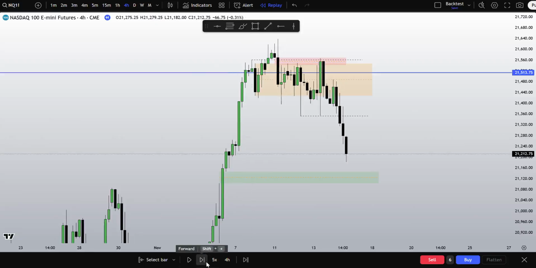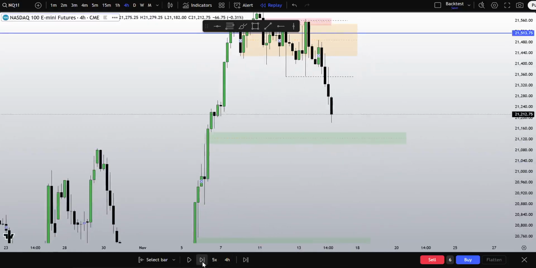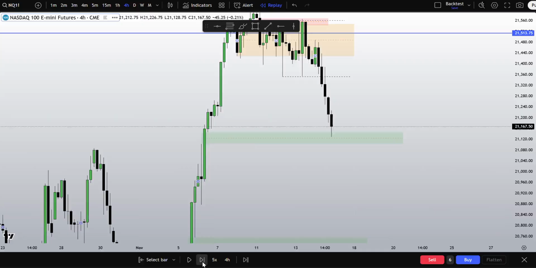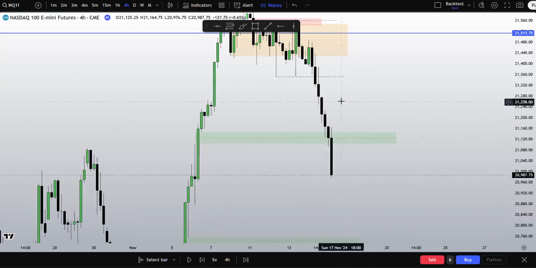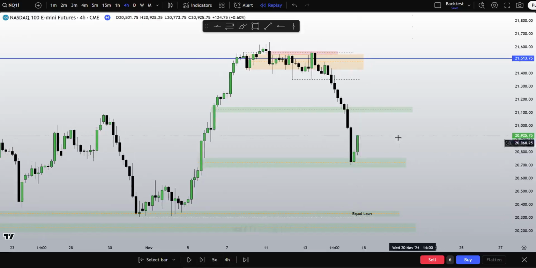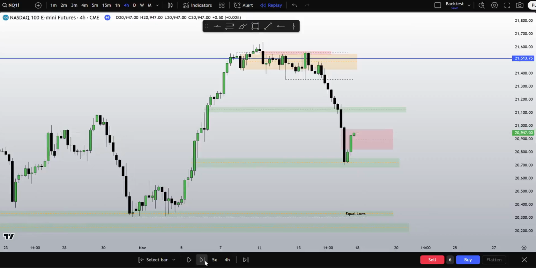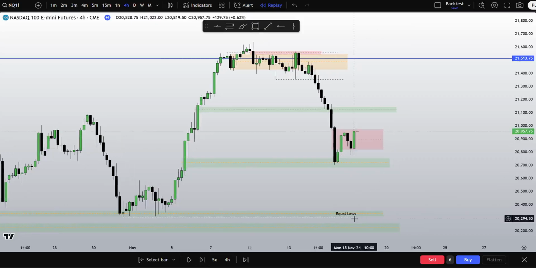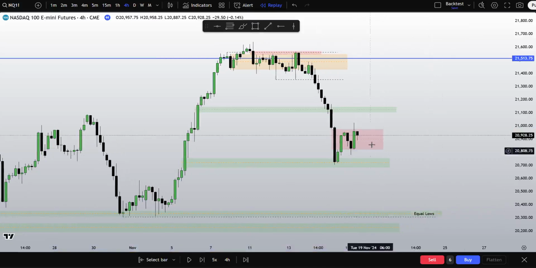Digging lower. Disrespected. So draw 1 tapped, draw 2 is right here. Imbalance. Tapped into. I want to see how we react at this point. Disrespect. Alright, draw 3 right here. That's where my eyes are. Tapped into. I want to see, do we disrespect it now? If we do, then equal lows are where my eyes are at. Because this shows that we are increasingly bearish.